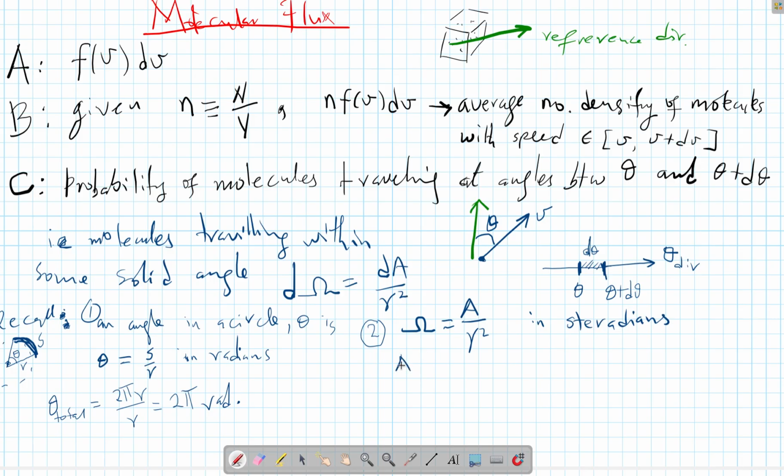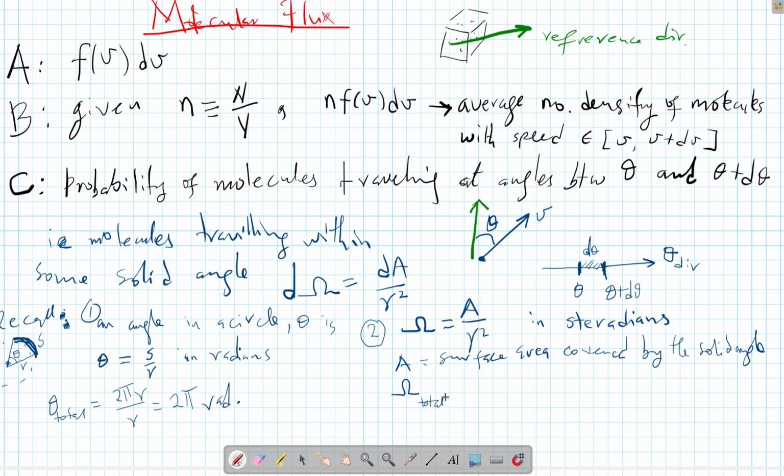So A is the surface area covered by the solid angle, right? And r is the radius of the sphere,